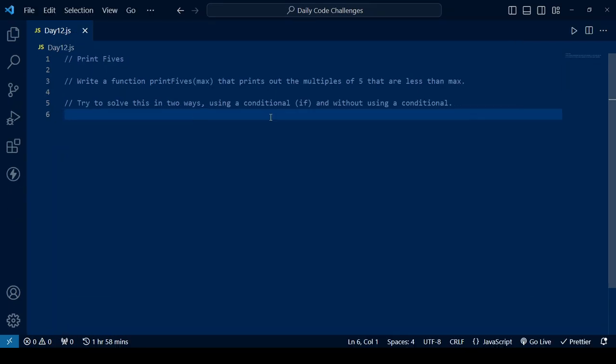Okay, so what's this challenge all about? What this challenge is all about is it wants us to print multiples of 5 in a series of numbers that are less than the max. So let's say we have the maximum number. By the way, max means the maximum, right? So let's say we have the maximum number to be 20. This challenge wants us to create a function that